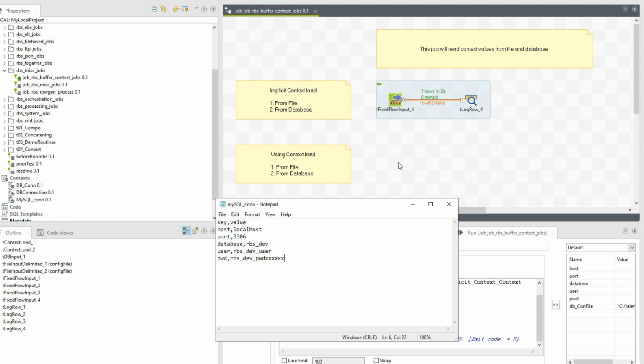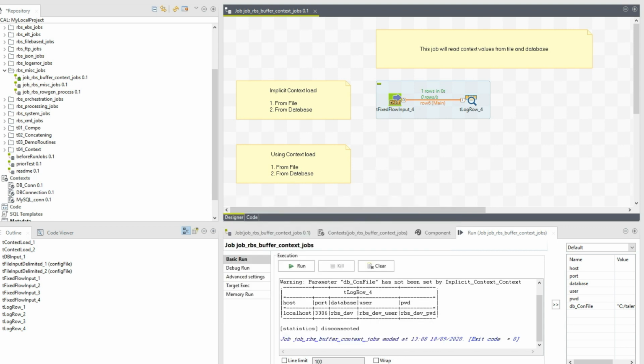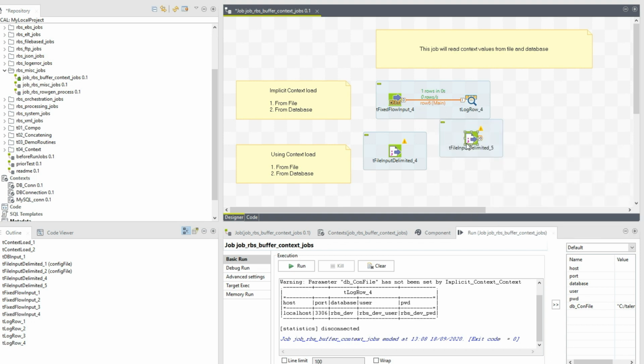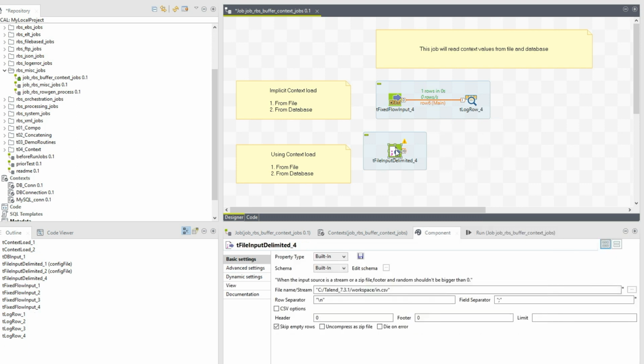All right, in order to do that, you can go to the palette. You can minimize all other unwanted ones. You can directly go to file input, and you can choose this file input delimited. You can do it this way, or you can just click on job design and then click file, and you'll be able to see this component also. So these are the two options. All right, so now